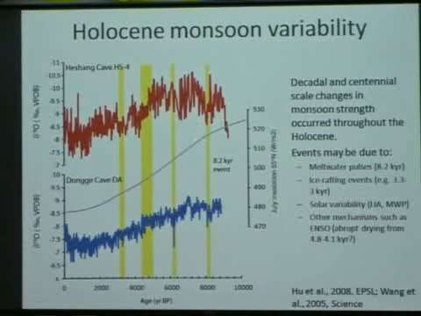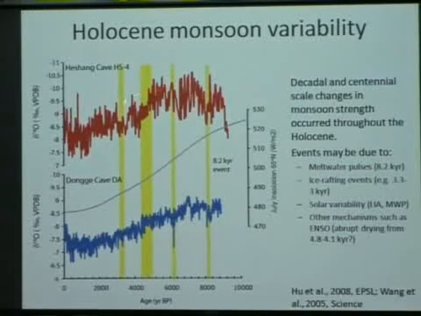This gray line here is showing the July insolation at 65 degrees north, showing this sort of orbital influence on the monsoon, where during the mid and early Holocene we had more negative values at both sites. And as insolation decreased towards the present, we had, again, a decrease in monsoon intensity over that time. But again, there's significant decadal and centennial scale fluctuations in these records, some of which are common between the two and some of which aren't.